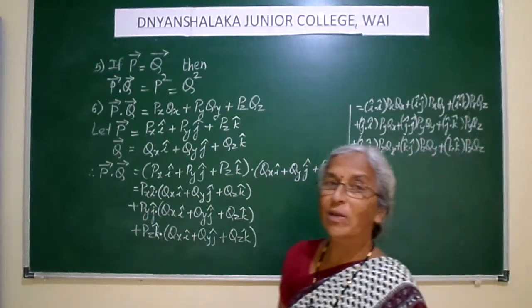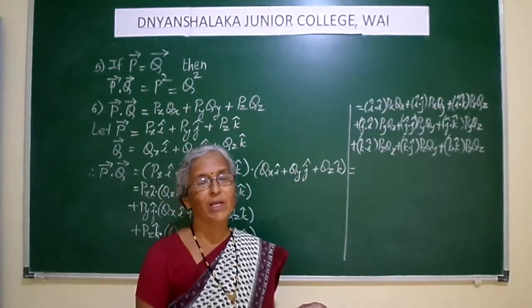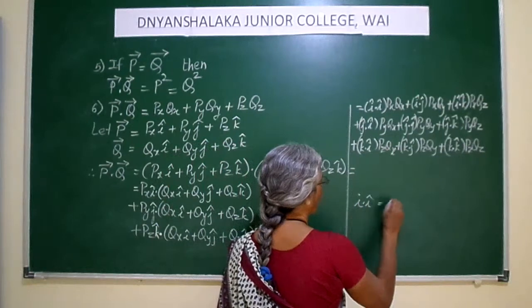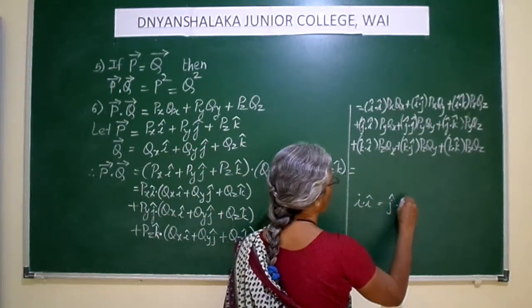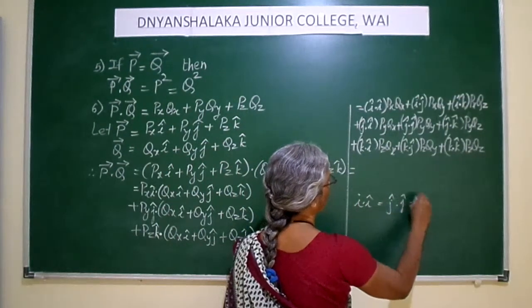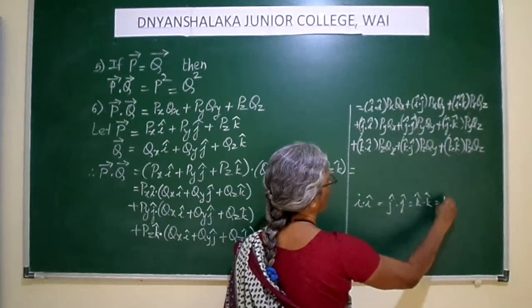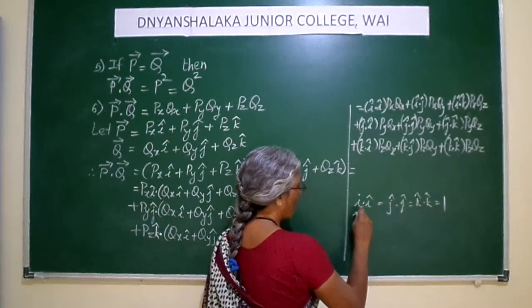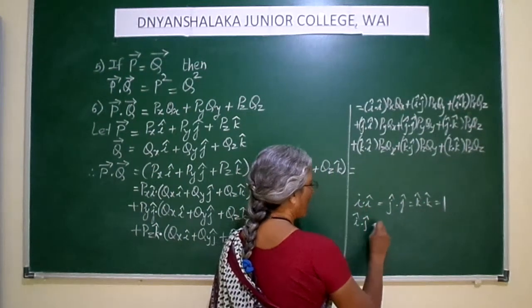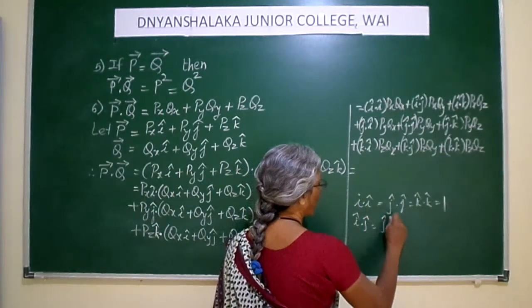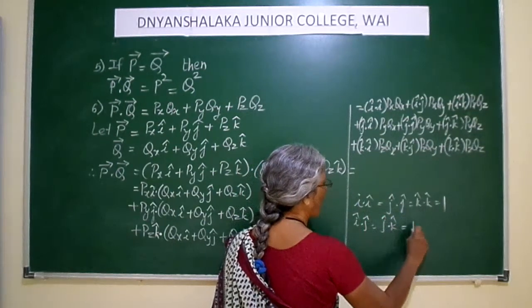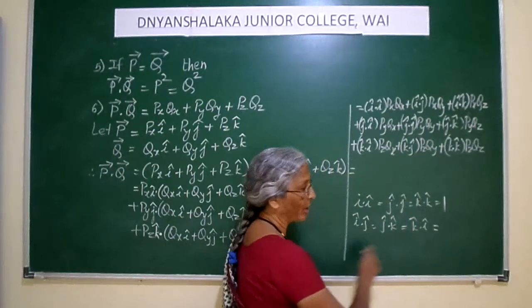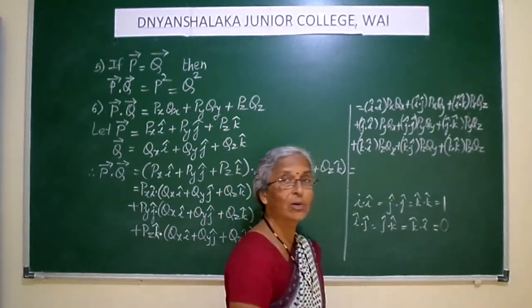Now go for the previous properties. What does the previous property say? Vector I dot vector I will be equal to vector j dot vector j is equal to vector k dot vector k, and this value is equal to 1. But if I have two different vectors, vector I dot vector j or vector j dot vector k or vector k dot vector I, okay, or their commutative product, this value is equal to 0.